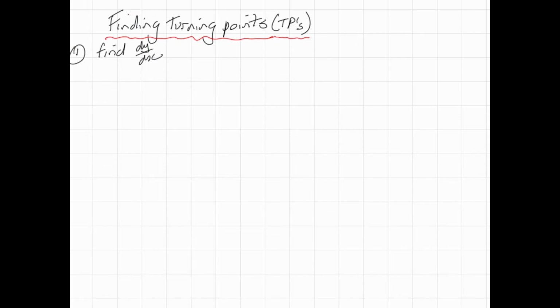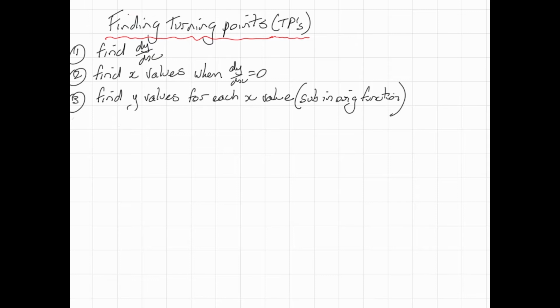Your first process is to find dy dx, given that you've got the function. Your second one is to find x values when dy dx equals 0. We know turning points happen when dy dx is equal to 0. So once we've found dy dx, then we've got to find what x values will make dy dx equal 0. So that's solving an equation. Third step in the template is to find the corresponding y values for each x value. And how do you do that? Well, you go back into the original equation for the function and substitute the x values in to get the